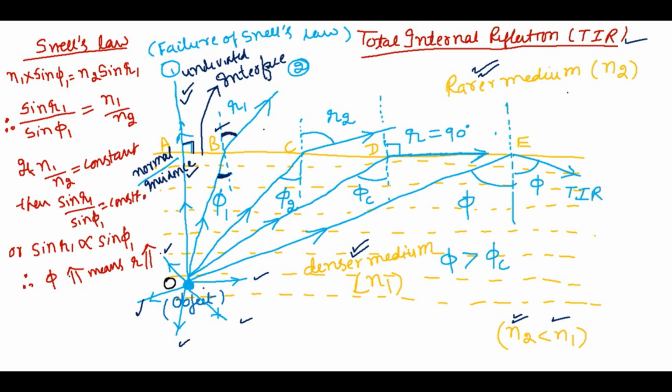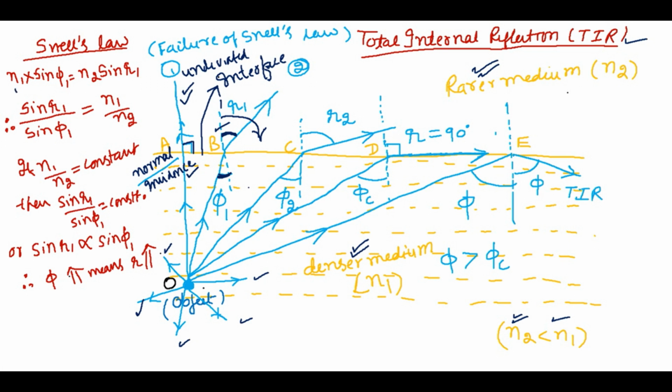Since it is traveling from denser to rarer medium, it will bend away from the normal. You can see this is the normal, so away from the normal is actually toward the surface. So this ray, after coming out from the water-air interface, will be closer to the surface of the water. Next, you can see if I apply Snell's law, which is given here,